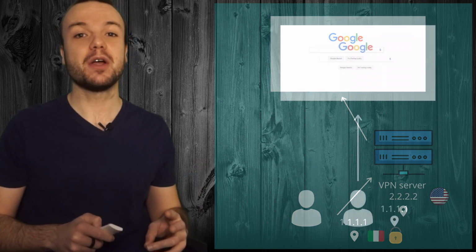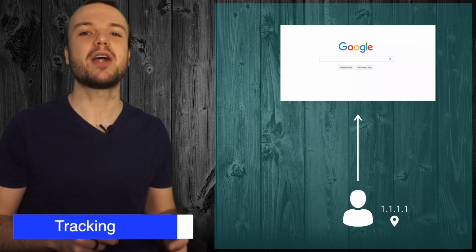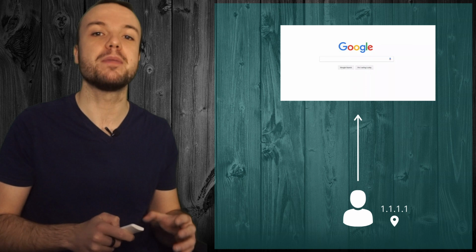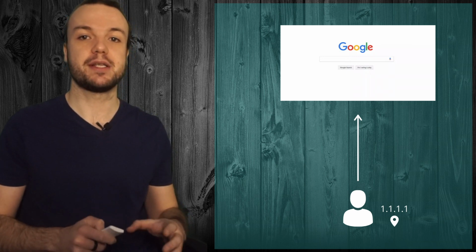The second scenario in which a VPN can help us is with tracking. On the internet, it's so easy to track our behaviors. Based on our IP address, websites can track our navigation and have some information about our behavior. Imagine you connecting multiple times a day to a single website. IP addresses are not persistent, but they're generally the same throughout a single day. Because of this, the website can guess that it's the same person that is navigating since the location hasn't changed. And thanks to this, they can send personal ads based on your location and